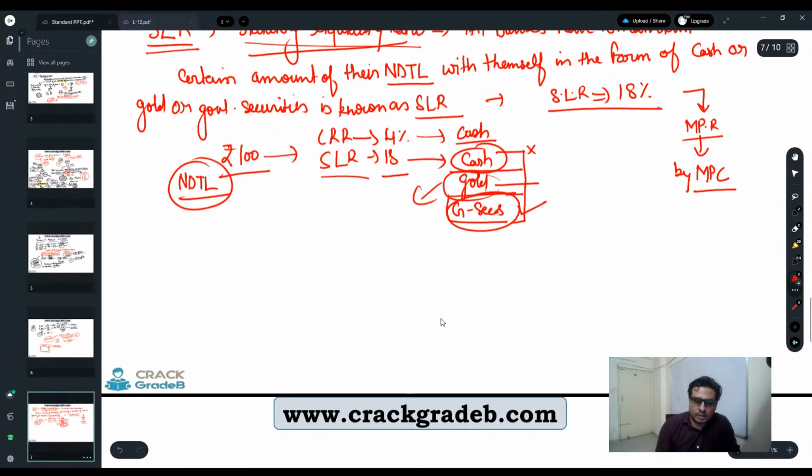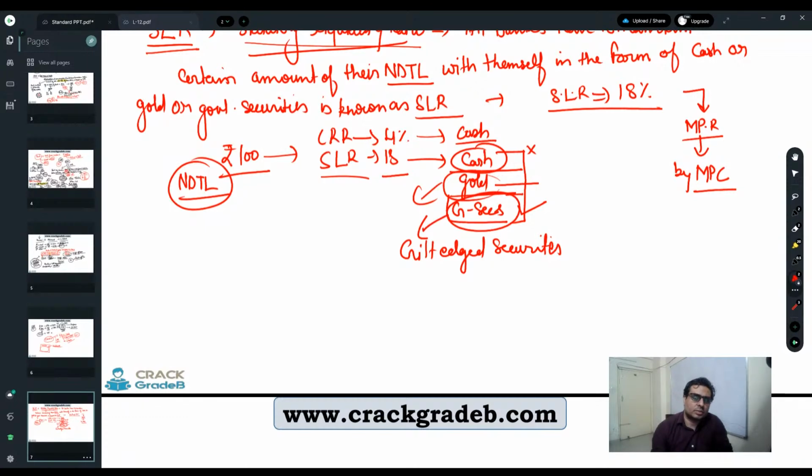Though I have explained government securities, I am giving you the brief idea again. Government securities, GSECs, we also call gilt edge securities, or gilded securities. Why gilded securities? Because investment in those securities is always considered the safest investment. That is why they are given a special name, gilt edge securities. In short, they are known as GSECs.